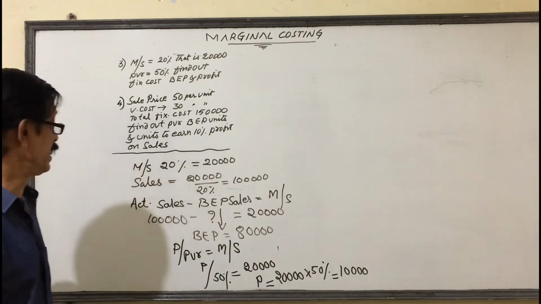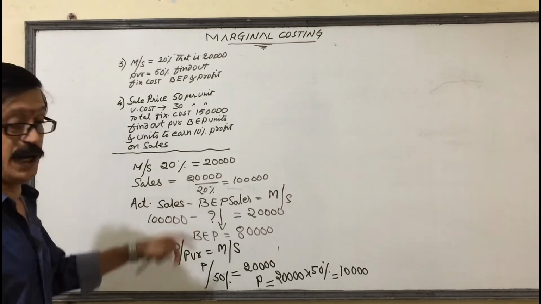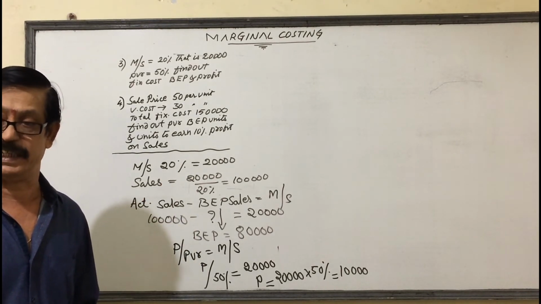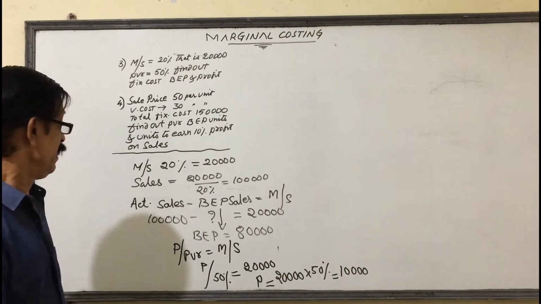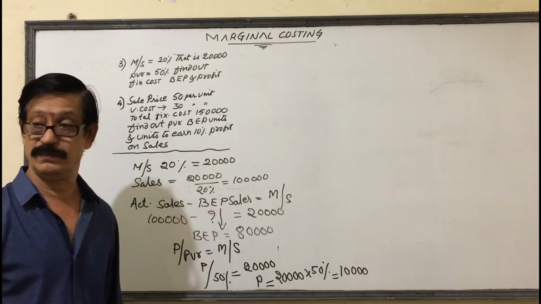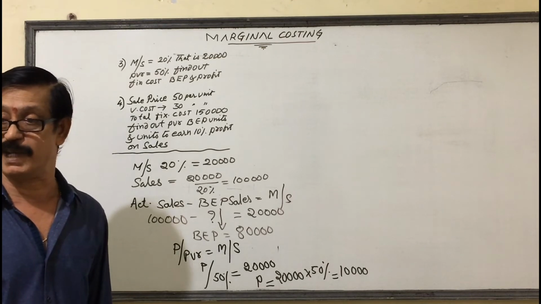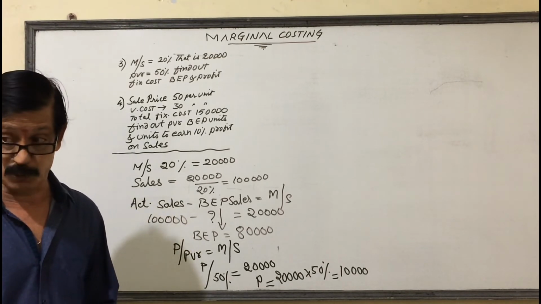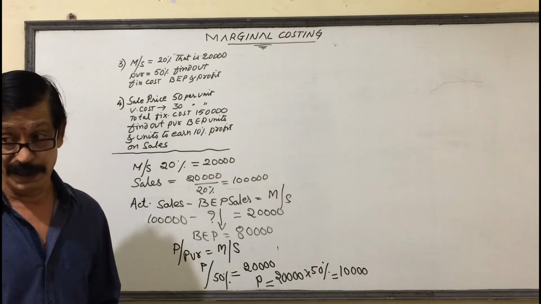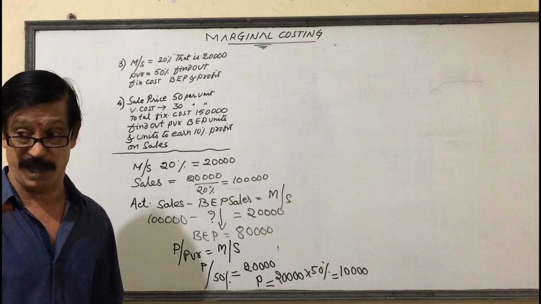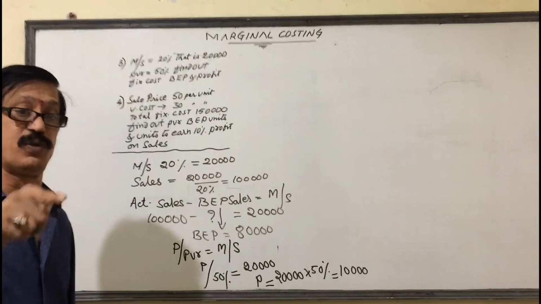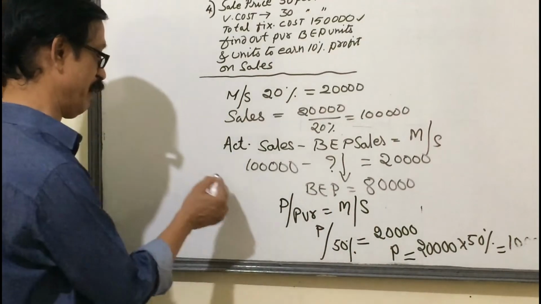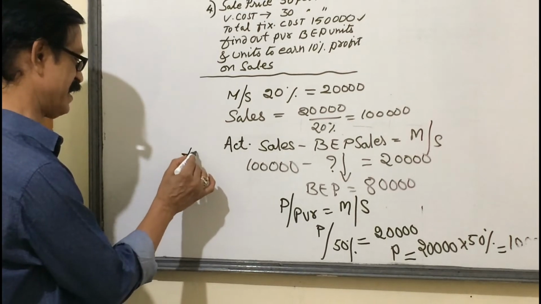Okay. Once again, last and final. We have margin of safety 20%, which means automatically break-even sales are 80%. Actual sales 1 lakh. Out of them 20,000 is margin of safety and 80,000 is the break-even point. Up to 80,000 there is no profit. In the 20,000 excess in the margin of safety, in that only you get 50% profit, that is equal to 10,000. After getting BEP you can find out PVR, fixed cost.